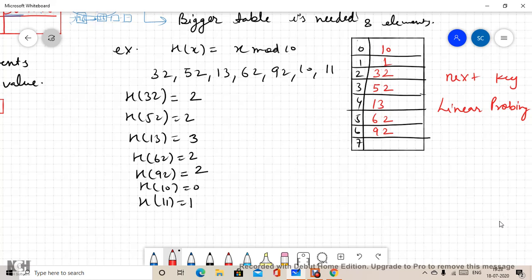Because we have linearly skipped the indexes, and because my table size was bigger than the element hashes which we have calculated, most of the time we got only 2 as a hash, and we do not have other items to store over here. So this method is known as open hashing. For this type, the concept is, if space is free in my table, then use the next place, because this is what we have observed.